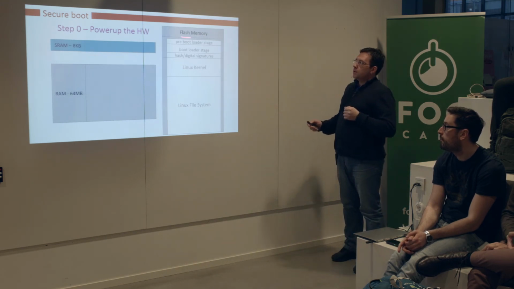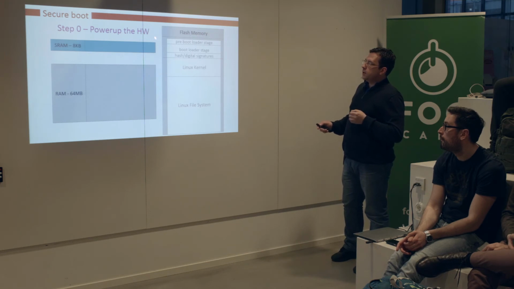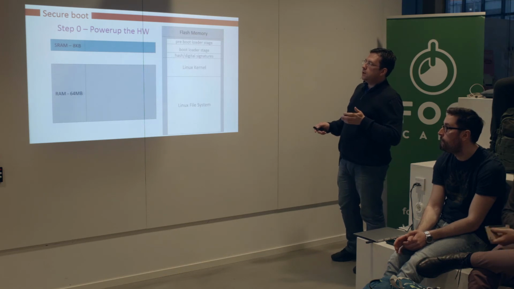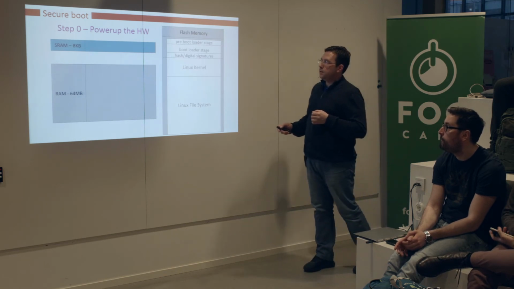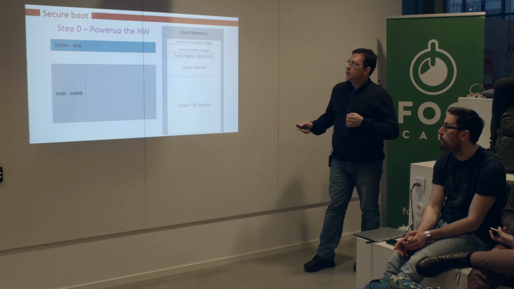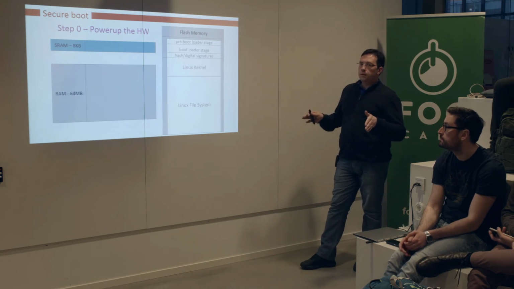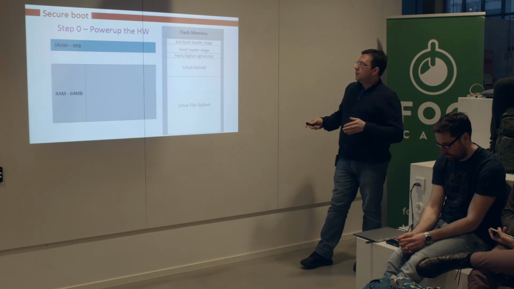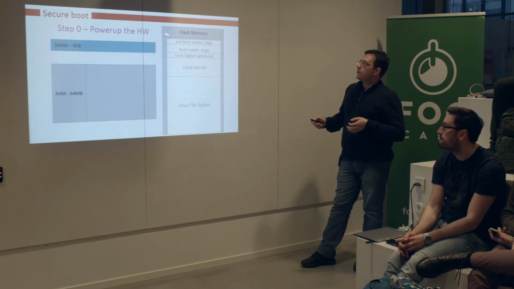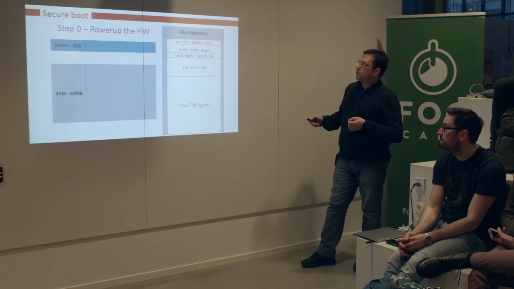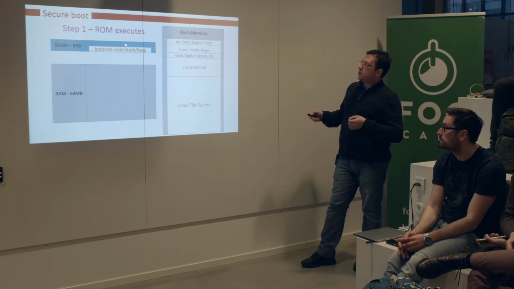How does the standard secure boot look like? You power up the hardware. What you have is internal SRAM, which is limited, not to 8K, but in the old days it was quite limited to 8K. Then the system, as I said, will do initial verification if the hardware is in a proper state, and then the ROM code will start with booting. We'll check what kind of memory is attached to the microcontroller, and we'll seek the pre-bootloader stage.